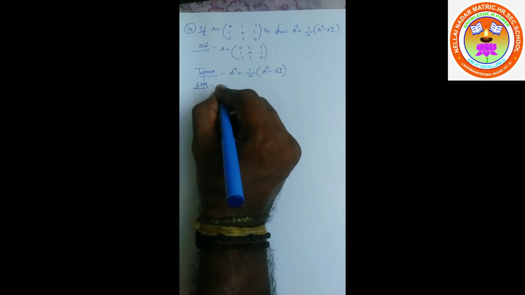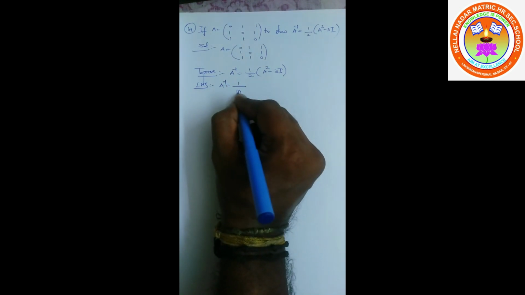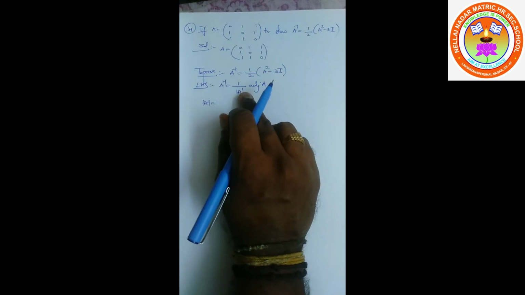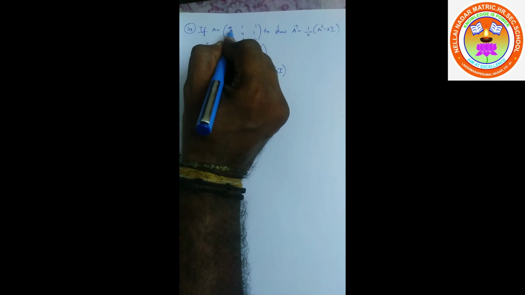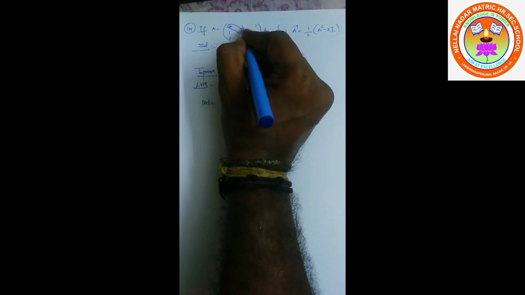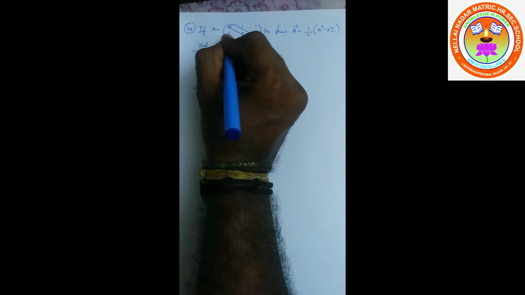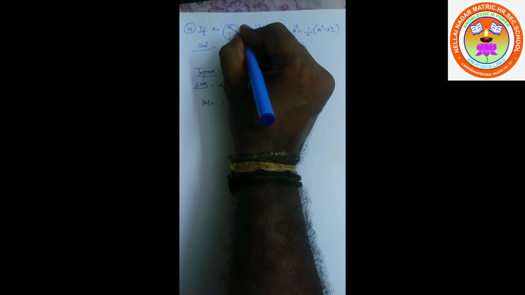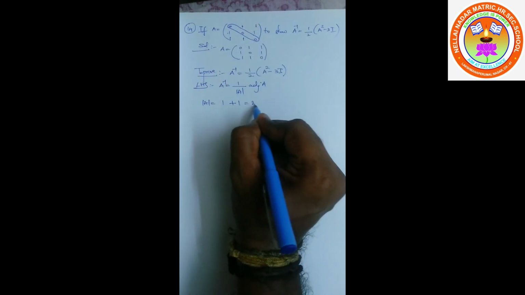So listen carefully. I am going to take the LHS. A inverse is 1 by determinant of A into adjoint of A. First I am going to find the determinant of A. Listen carefully, students. Here the diagonal elements are all 0. If the diagonal elements are all 0, the upper triangular and lower triangular parts I can multiply. See, 1 into 1 into 1, nothing but 1, plus 1 into 1 into 1, nothing but 1, so 2. You can write the straight answer. Students, if you want to expand, you can expand and see, no problem.